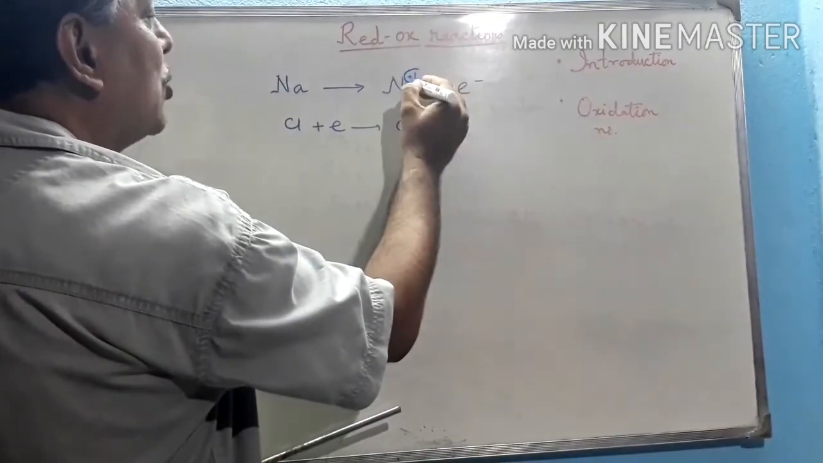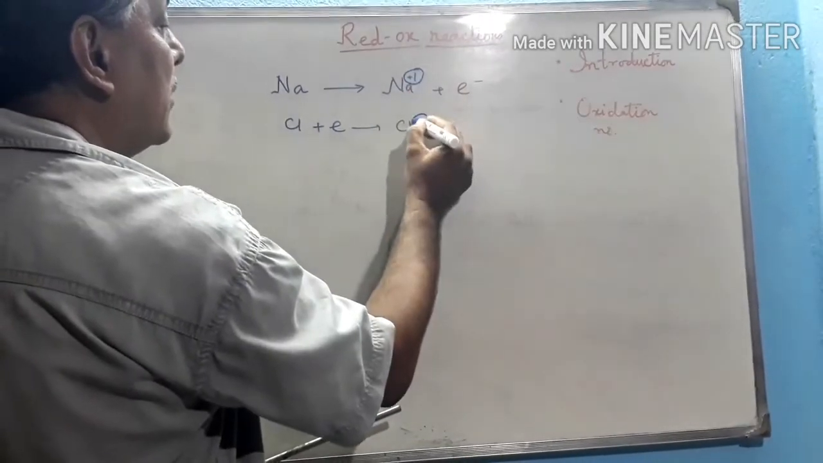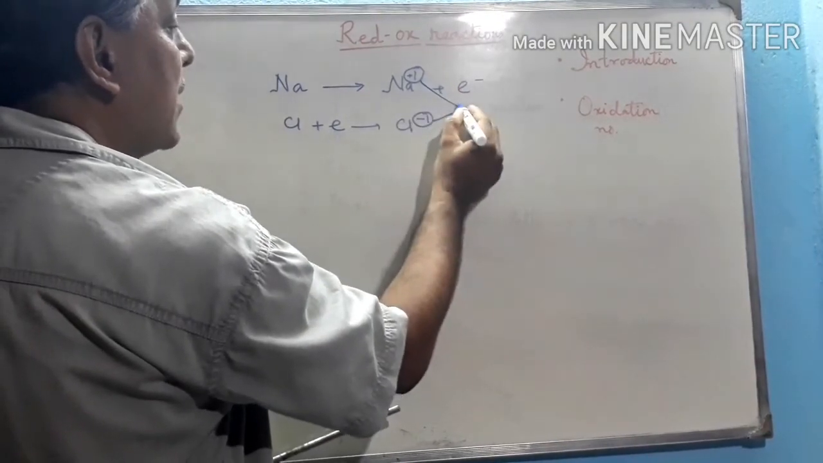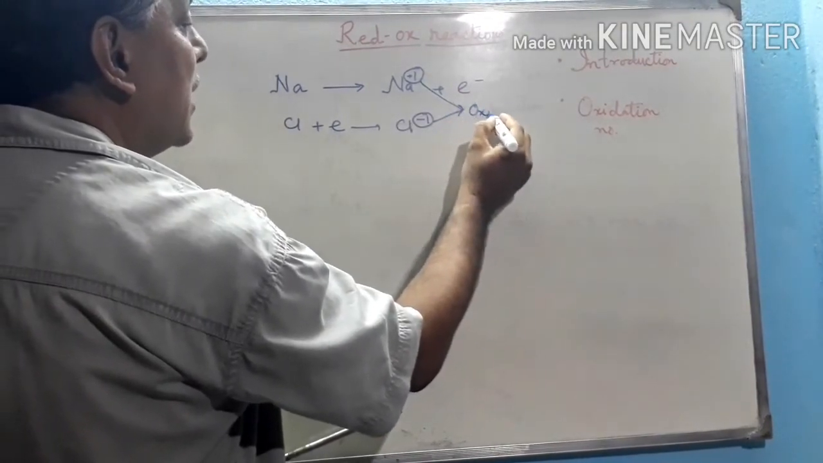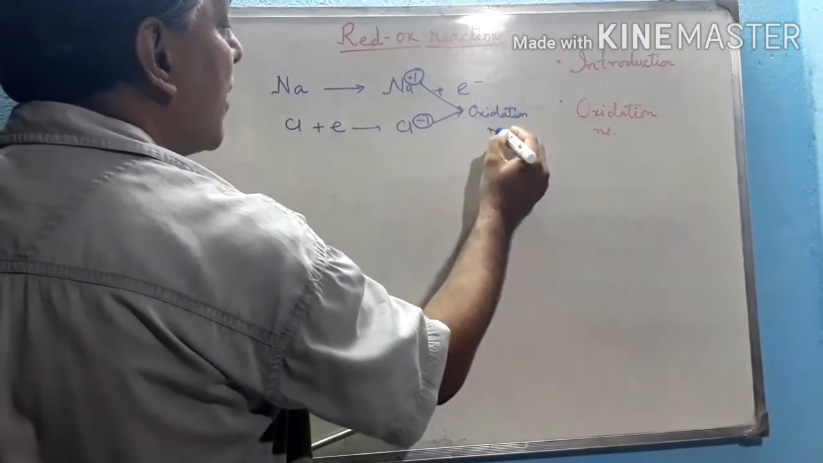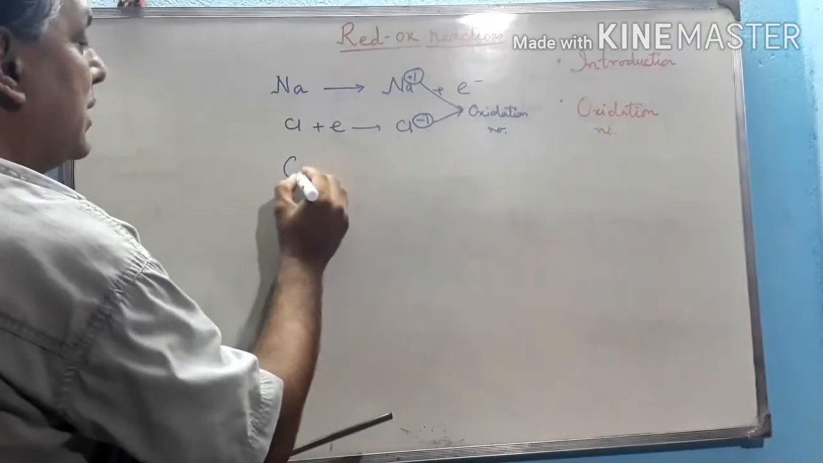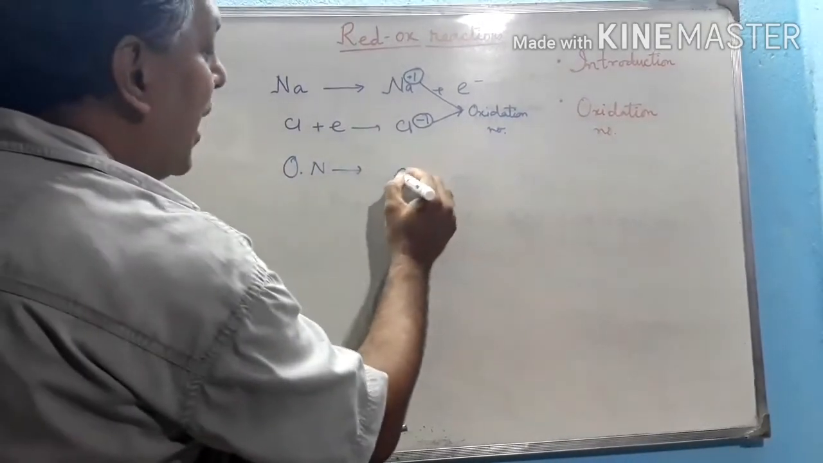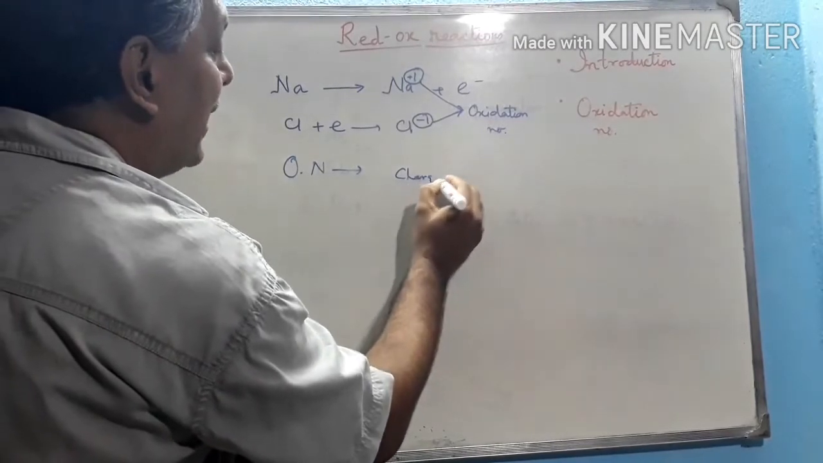These are actually the oxidation numbers, +1 and -1. Now, which are called oxidation numbers? Oxidation number is nothing but the charge occupied by the atom or radical,